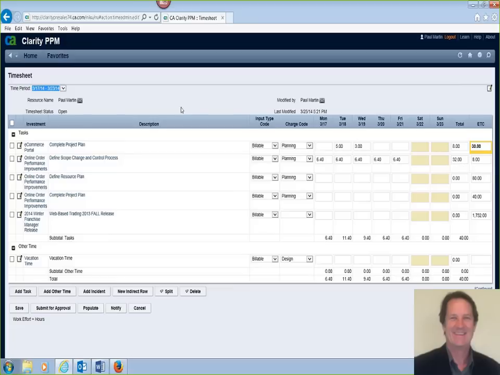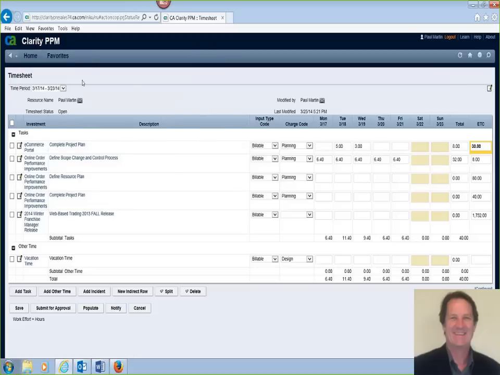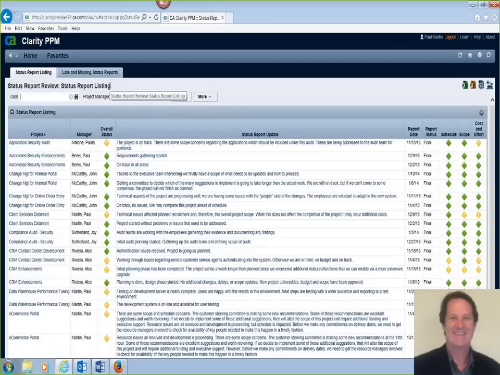Sure. Clarity comes with quite a few dashboards and reports that give you a wide variety of information across these projects. So I'll just show you a couple that are available. First, let's take a look at the status report view. What this does is basically give us a high-level view of the status of all these projects. So I'll bring this up. Each of the projects, regardless of whether they are planned at a detailed plan or at a one-line plan, are all going to have the same way of reporting status, of looking at project metrics, and reviewing effort and schedule.